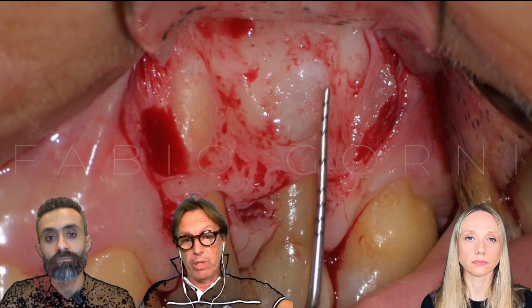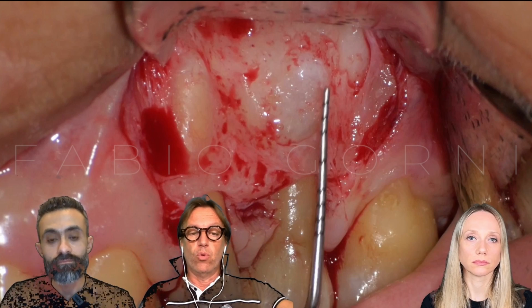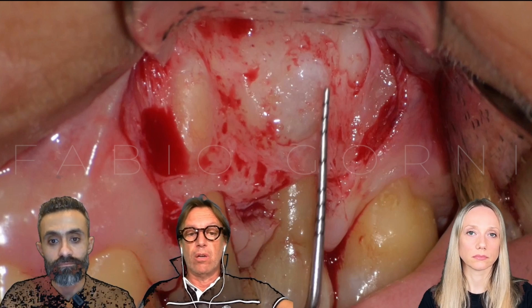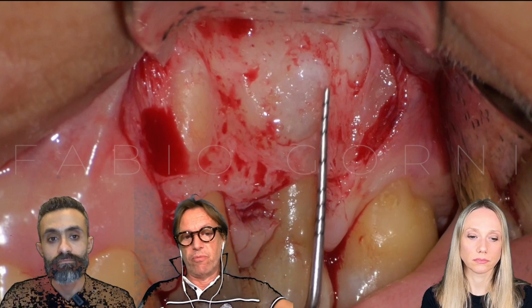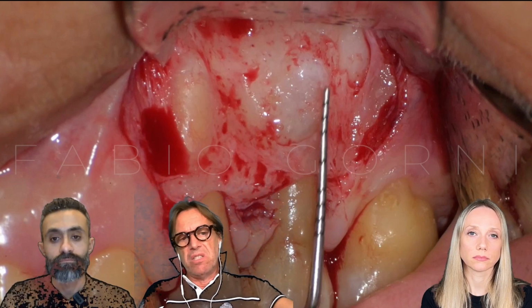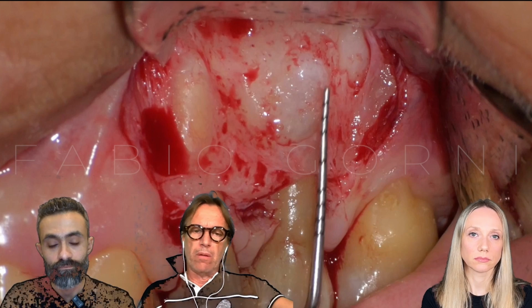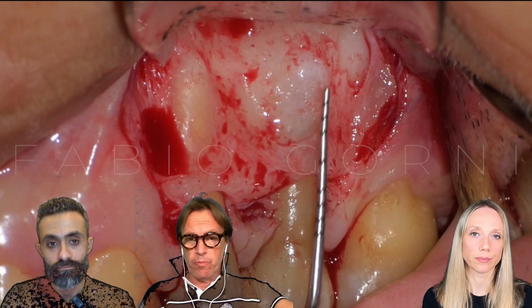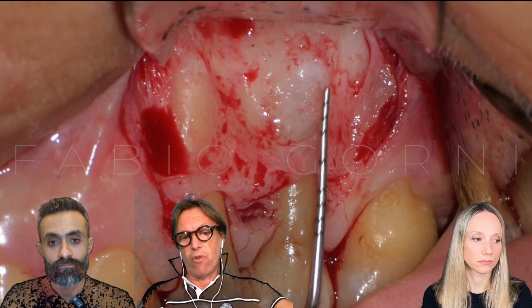When it's not so apical and close to the roots, we have to make an incision in advance, a couple of teeth if you want, and it's not so difficult to reflect the flap without any injuries to the mental foramen.